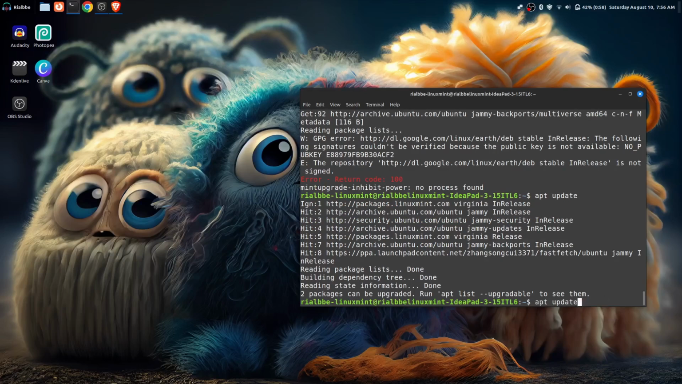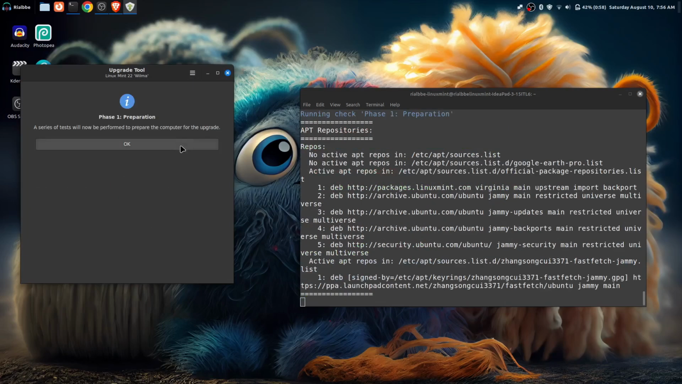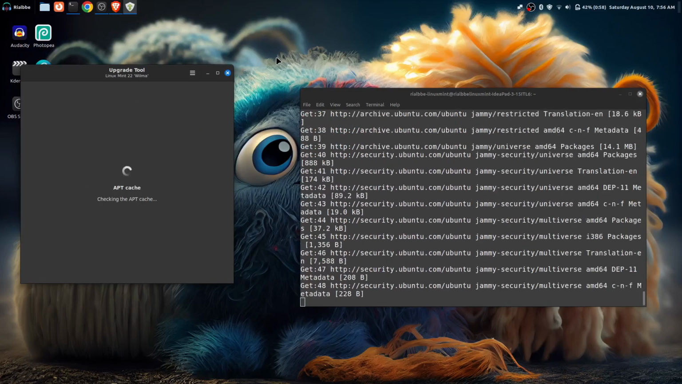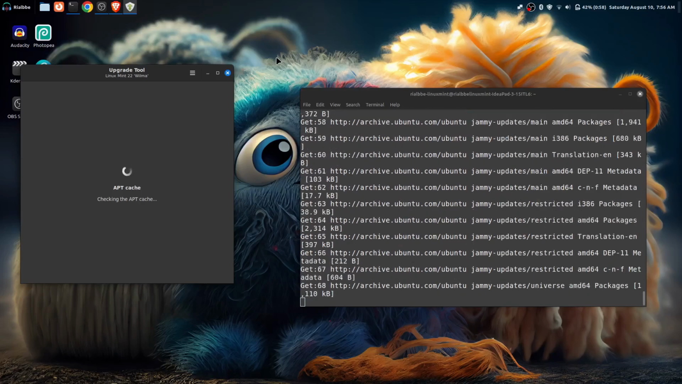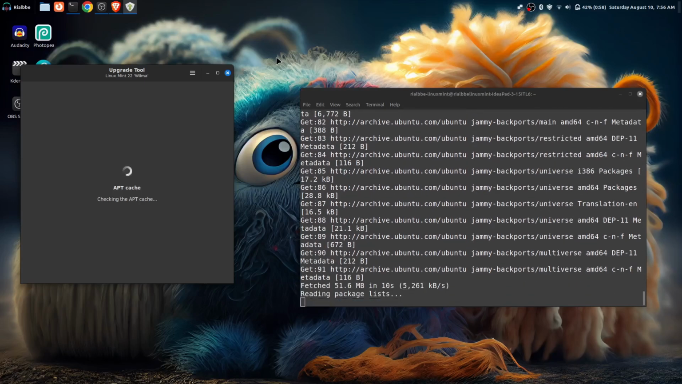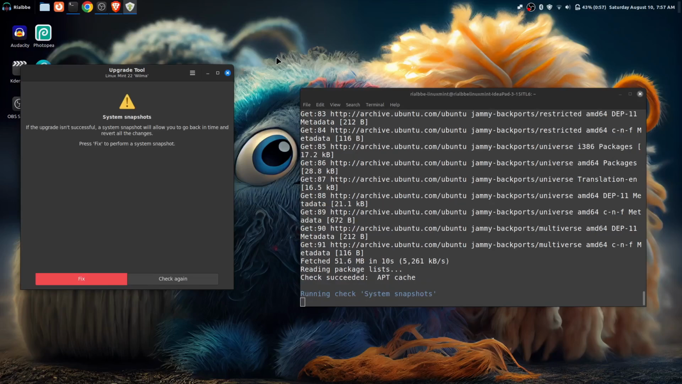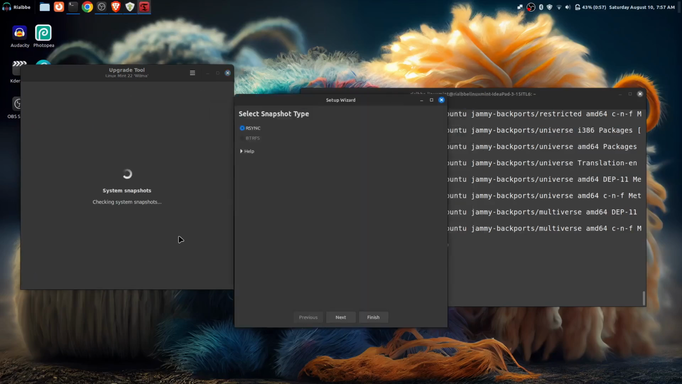So let's try to upgrade now. Let's click this one. Let's go. We don't have any errors already. So let's click. Okay, if your upgrade isn't successful, of course, you could return back to its snapshot system. So I'm just gonna fix this one. Yes, of course. Next,